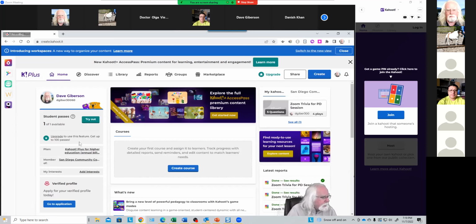To create a Kahoot, you just click this create button here. I don't really have time to walk you through that process in detail. There are lots of tutorials online on how to create a Kahoot. And again, it's basically just a series of slides. And I just want to show you how it can work. So in my Kahoot